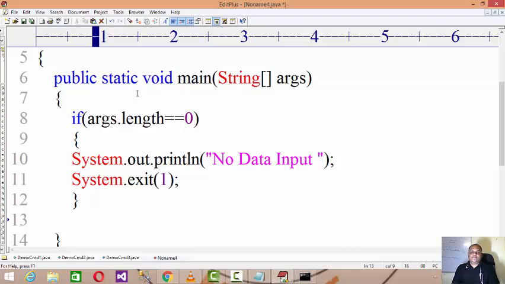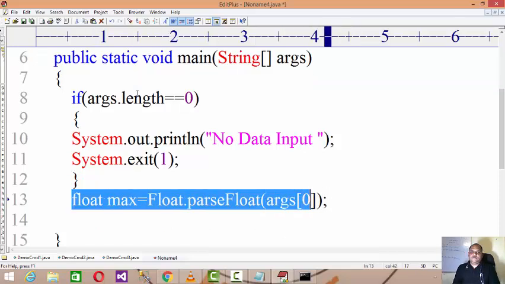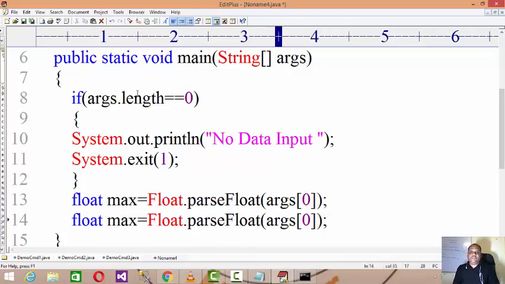Right? And then what I said, first of all, whichever first entry you have, you have to consider as a max and as a minimum also. So float max equals Float.parseFloat of args of 0. Consider the first number as a max as well as minimum also.